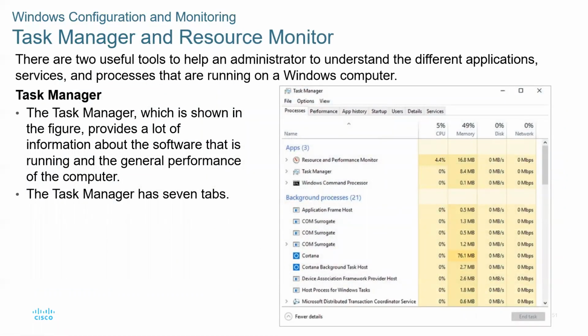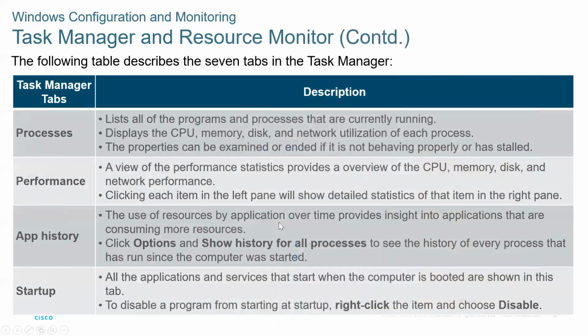We already talked a little bit more about Task Manager, but this is another resourceful tool for administrators to see what's all going on. Notice you have 7 tabs across the top here that will bring in more detail on each one of these. So you have the Process tab, which lists all the programs and processes that are currently running. You also see the CPU, the memory, the disk, and network utilization we talked about. And those can be examined and get more details, and then you can end it if it's not behaving correctly